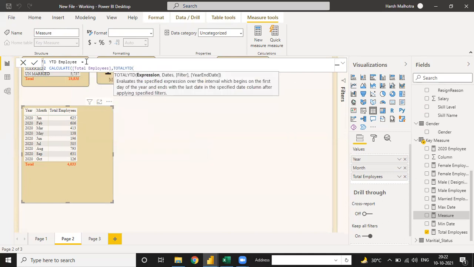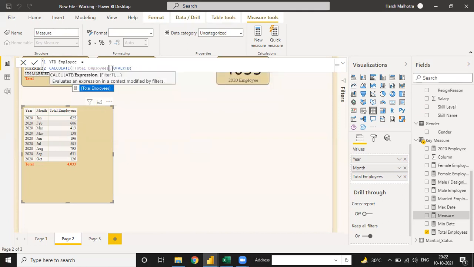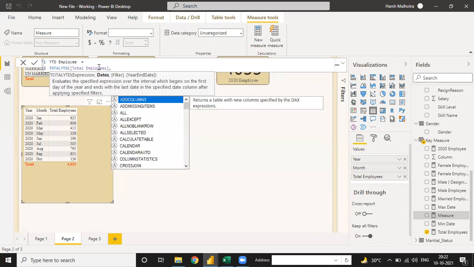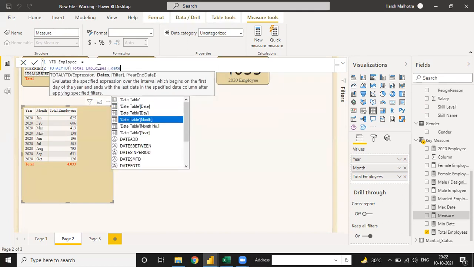You can use the date from your year or your date table, you can choose anything.